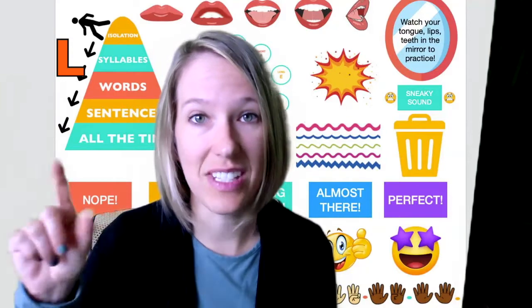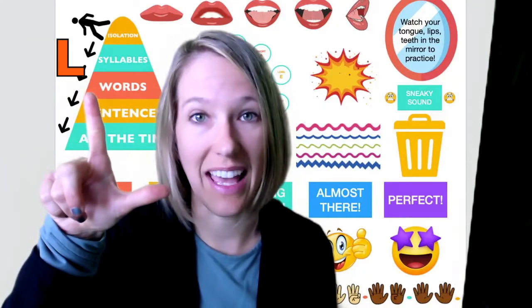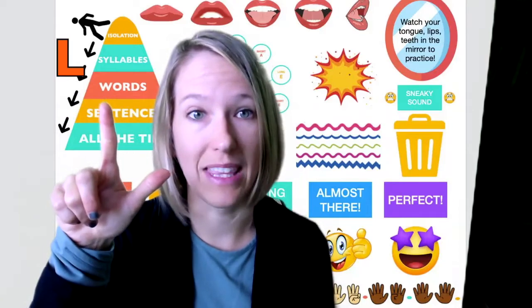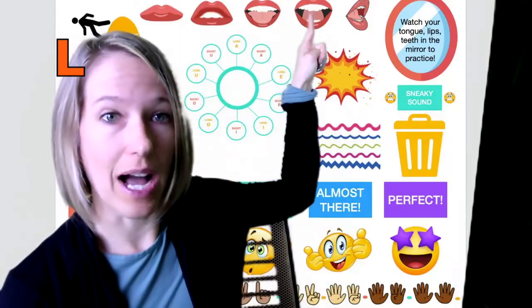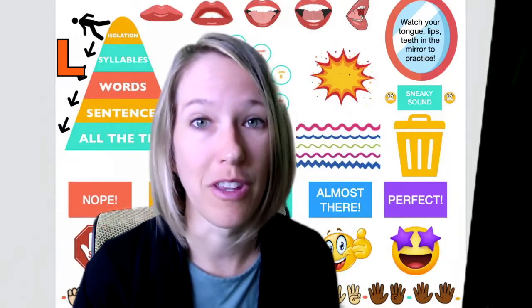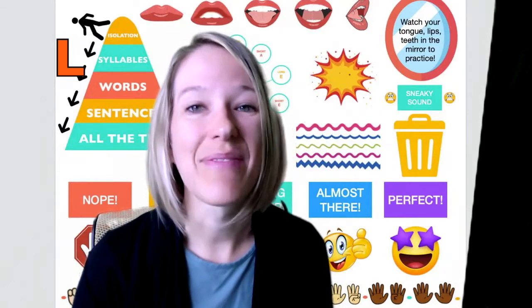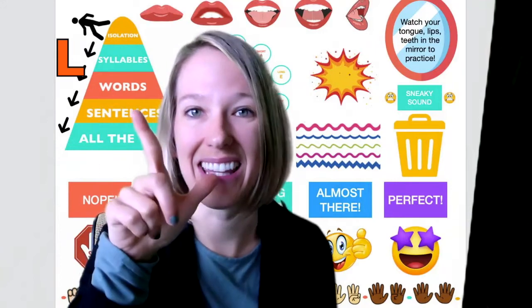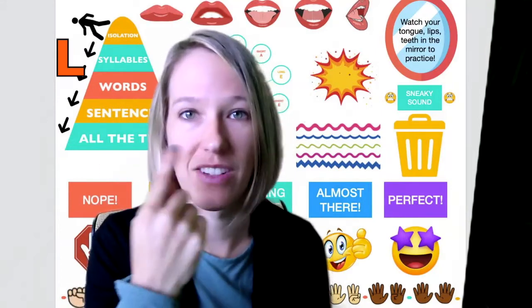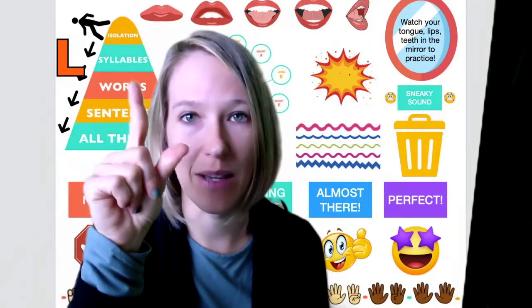So for that sound, I make my fingers into an L sound and talk about this finger pointing up to remind them that their tongue needs to go up onto those bumps right behind the teeth on the top of the roof of the mouth. So they've got to put their tongue up there, and then I usually will just put it here really close to the front of the mouth because the sound is coming from the front, and remind them to put their tongue up,